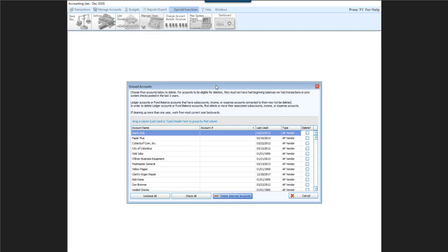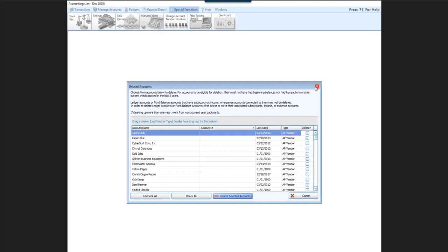So the end of year procedure in your accounting module separates each one of your accounting periods from the other years. Many times, while they may have the same accounts or similar accounts, it doesn't require that they all be the same. The chart of accounts is not static. It's flexible and malleable. It changes.